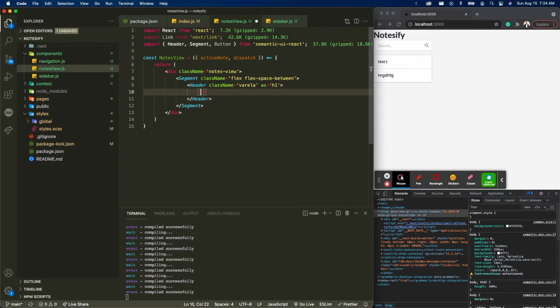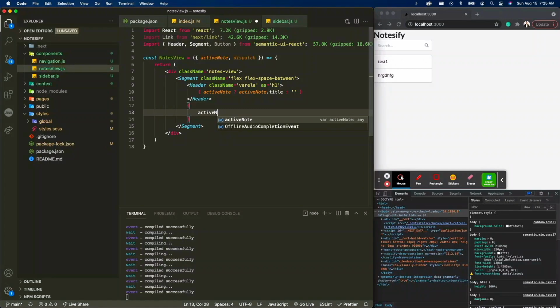Now let's do: if the active node exists, we do active node dot title, or just return an empty string. Awesome. And then we want to display the buttons, the edit and delete buttons as well. So we'll do active node, and this is basically saying if active node exists, then render this. Actions